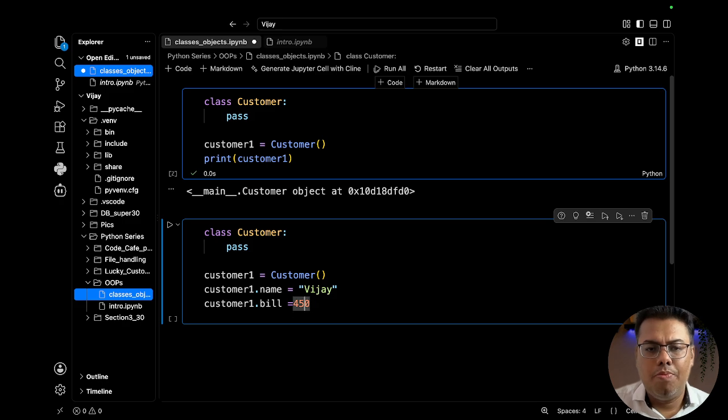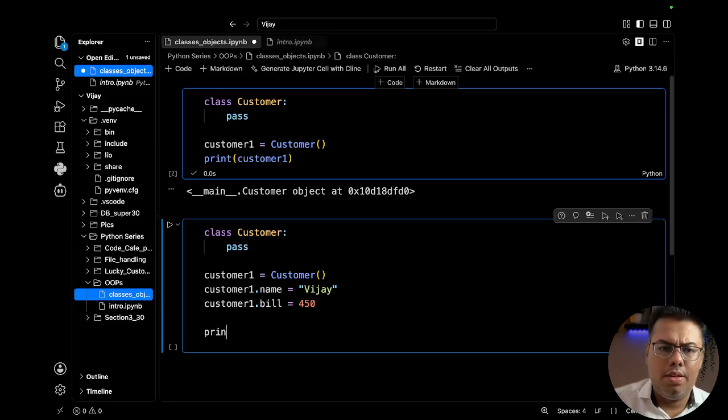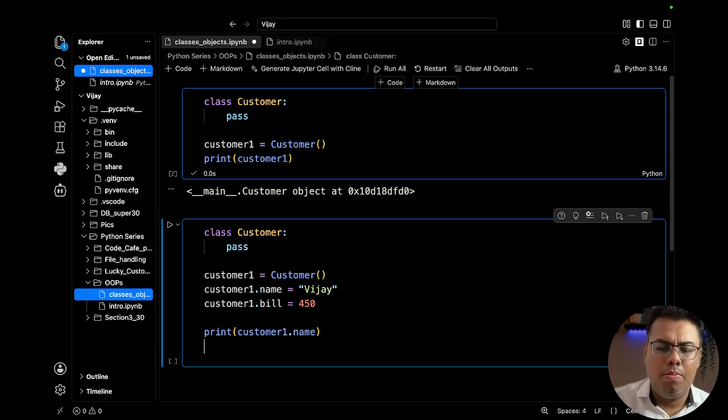Okay, then we will print customer1.name, print